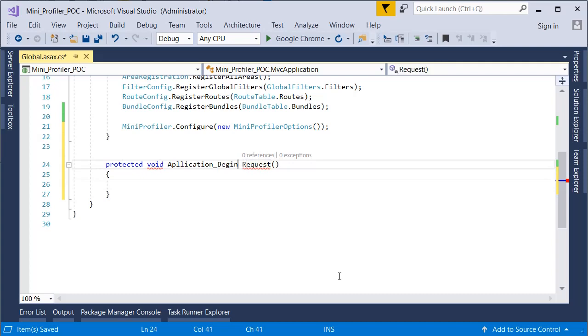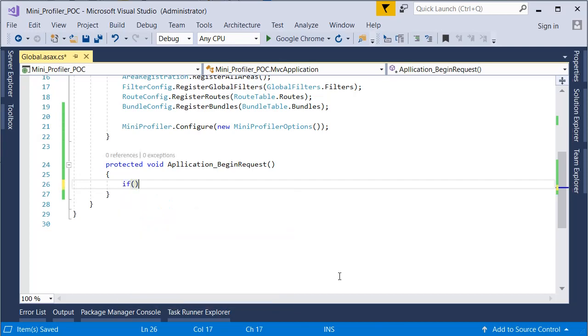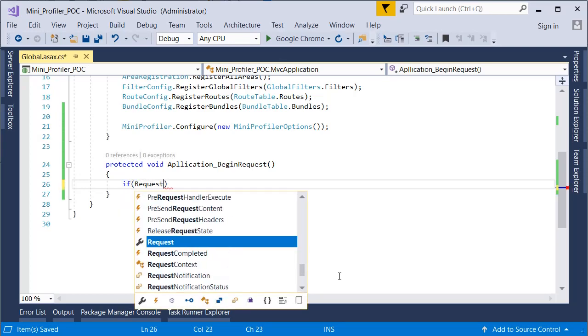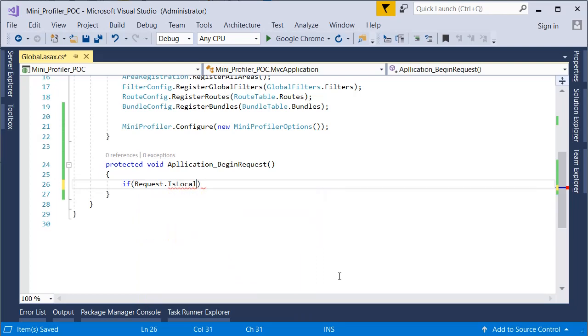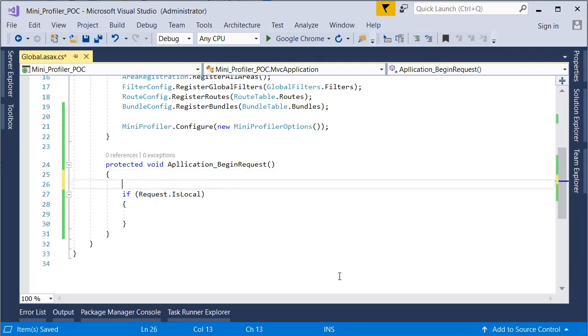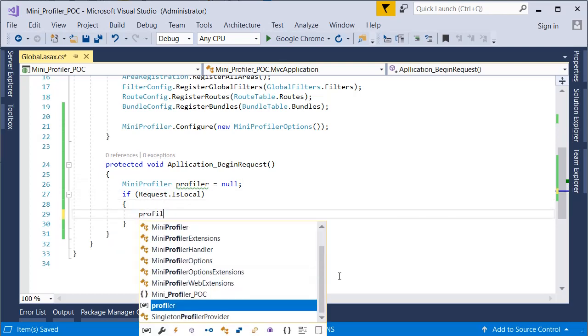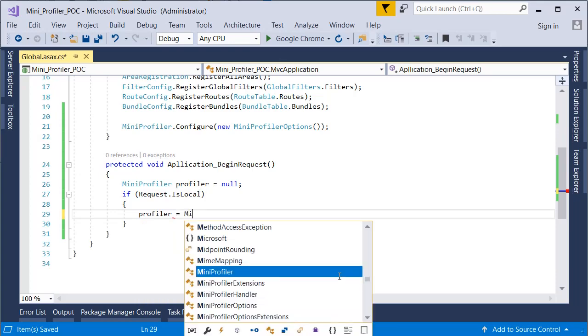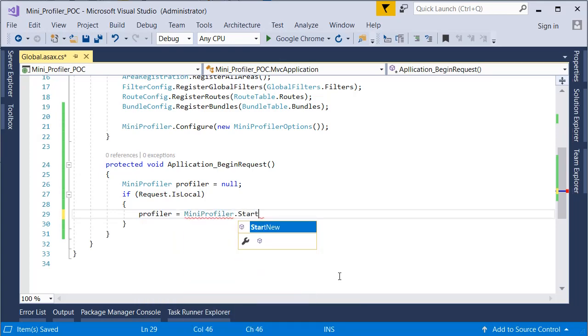In Application_BeginRequest, we will be adding code like: if my request is a local request, then let me initialize a mini profiler variable, MiniProfiler equal to null, and if my request is a local request, I will be starting MiniProfiler.StartNew.